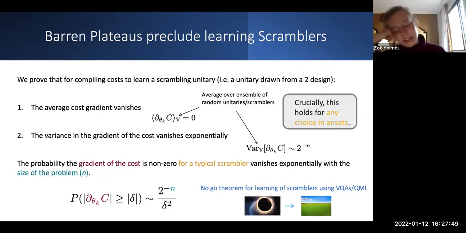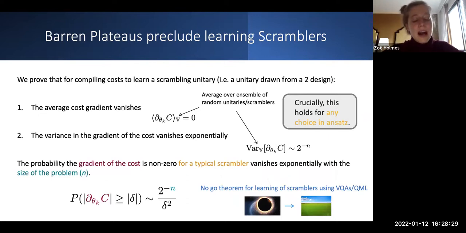Okay, so this is a question that me and my co-authors have discussed many times, and we've tried to figure out what is fair to say here. Firstly, I can't think of a method for learning a unitary on a quantum computer. Compiling a unitary on a quantum computer, I can't think of a quantum machine learning method that doesn't look like a variational quantum algorithm. So you could say, what about kernel methods? I don't think they could be used here. They're for characterization problems, not for trying to compile a unitary.